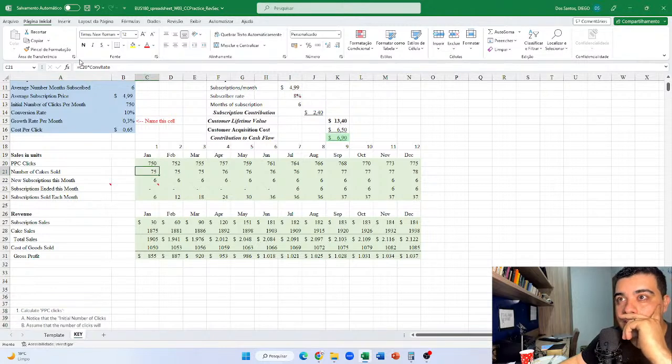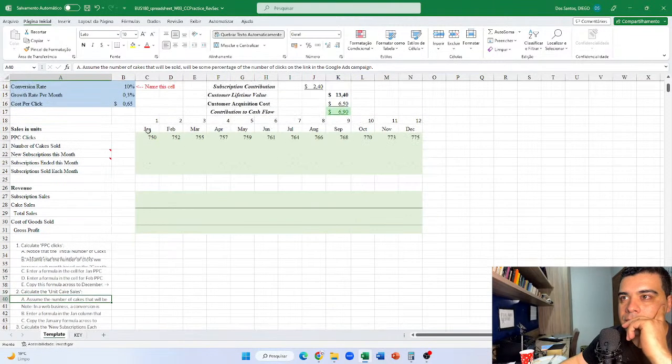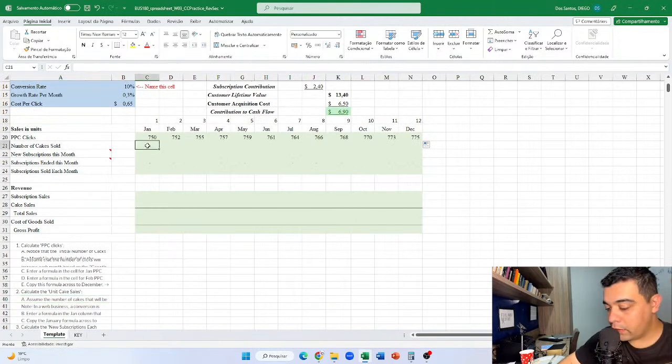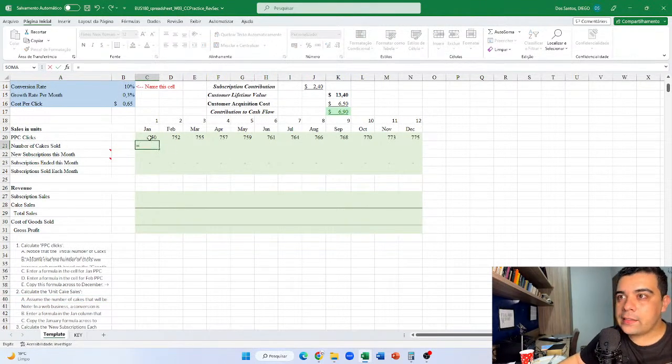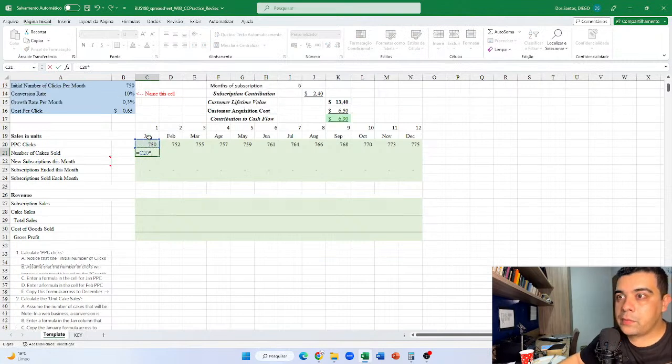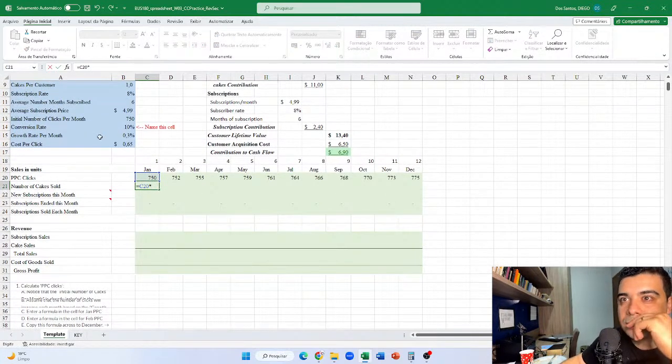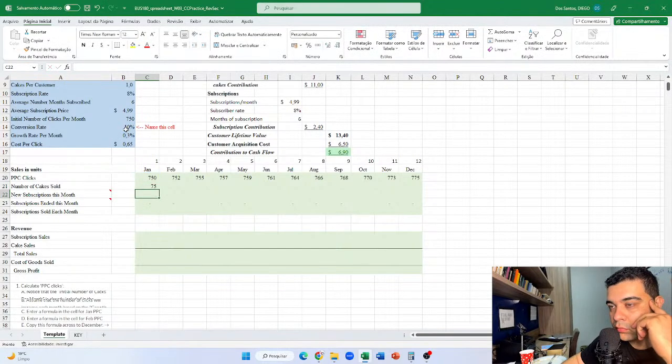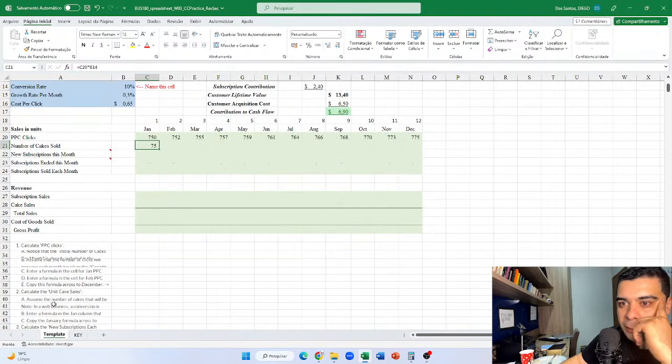Aqui dá pra gente ver, ó. Saving conversion rate. Tá. Entendi. Então, é esse times conversion rate. Vamos ver. Vai pedir pra gente